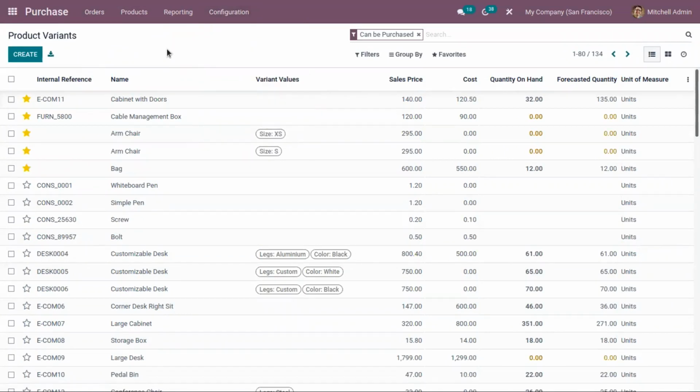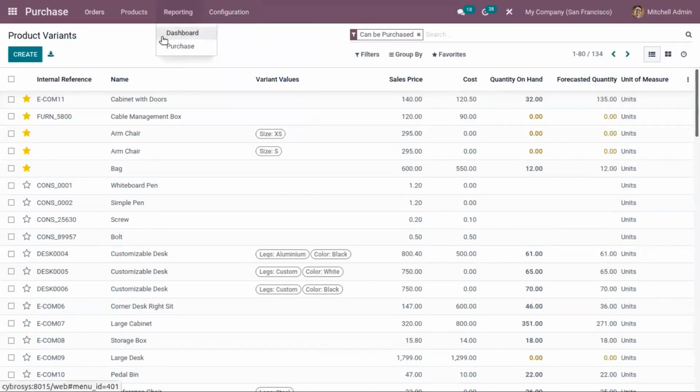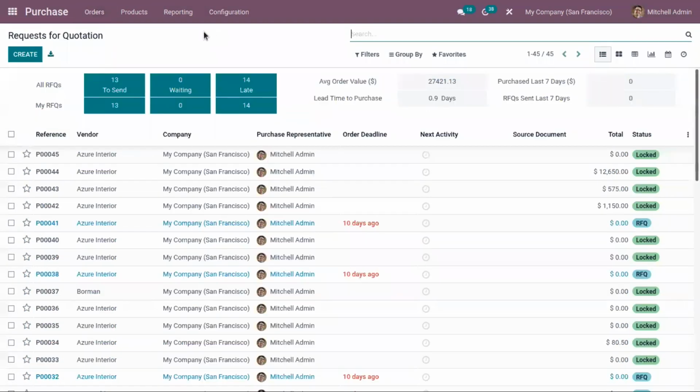And apart from the basic purchase factors, with the Odoo purchase module, you can manage vendor details. We can create and manage vendors and vendor price lists. And the Odoo purchase module also allows us to view reports regarding the purchases. So we have the purchase analysis report. So let's go through all of the features available in the purchase management module.